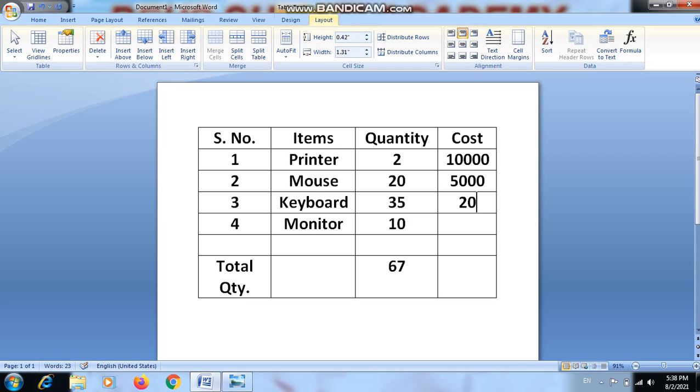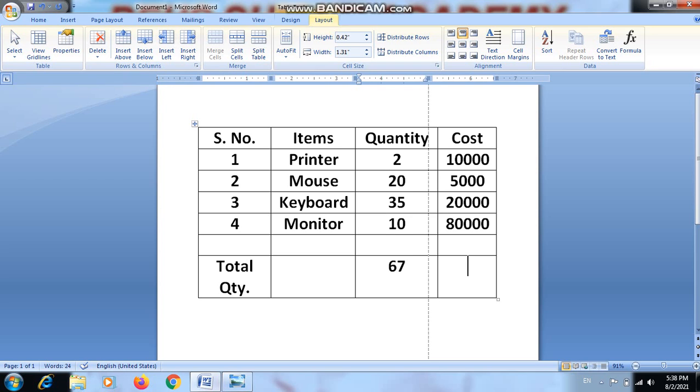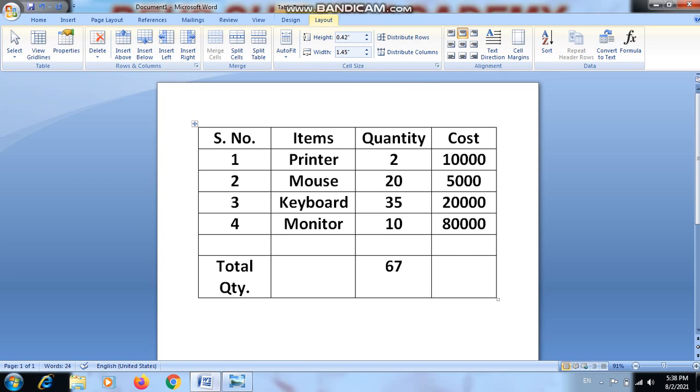This is 20,000 and the last is 8,000. Now what I want is the sum of all the costs, meaning I want to calculate the total cost. So now I'm just removing QTY, because here we are calculating the total of all the numerical values of cost.